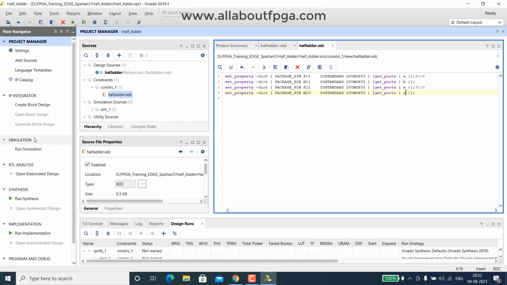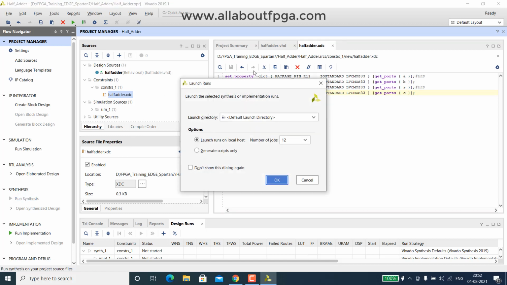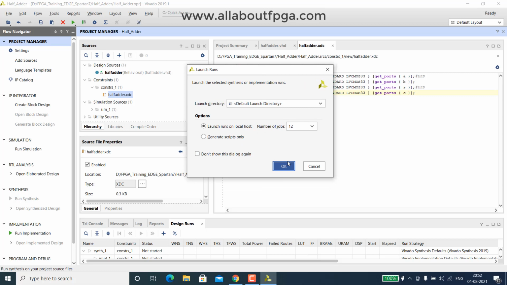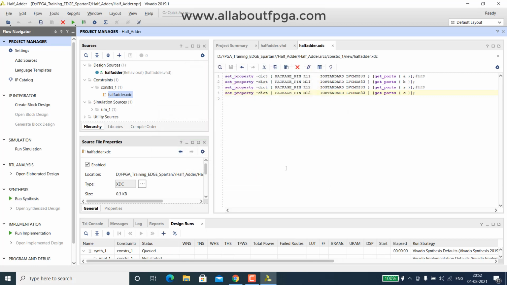The next step would be, either you can do simulation. For doing simulation you have to create test bench code. We don't require it for implementing on hardware, so we can straight away go for run synthesis. Click OK. It will synthesize the design.